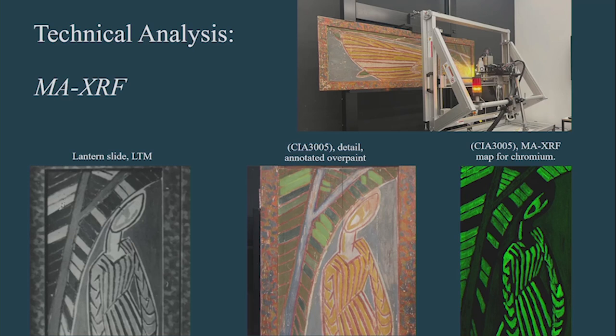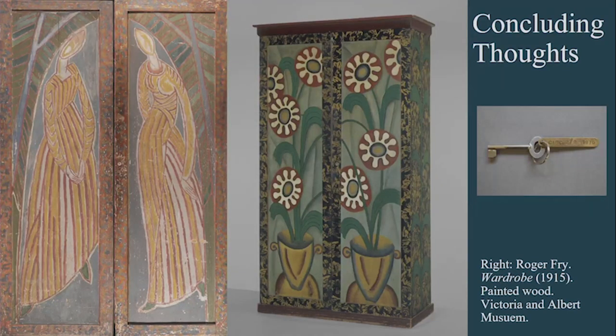Unfortunately, the very helpful staff at the London Transport Museum don't know what kind of emulsion was used for this lantern slide, but it's possible it was made using the cheaper wet plate process, which was sensitive to blue and ultraviolet light, meaning that warm colours appear dark and cool colours appear light. The green containing chrome yellow is warmer, and the green containing only emerald green is cooler, providing some evidence for this. To summarise, Kat and I are pretty convinced that the wardrobe doors were designed and or painted by Vanessa